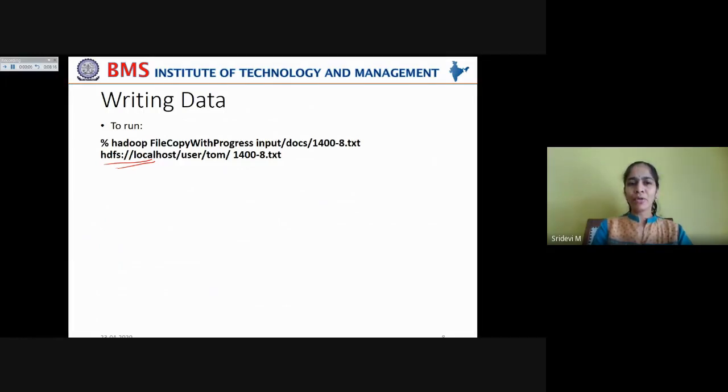That is hdfs localhost, because your HDFS cluster is also on your local system. As you're working in pseudo distributed mode, you're specifying the URI of your local system and specifying the destination file path here. So the file is read from your local system and copied, or written, onto your HDFS cluster by creating the file with the same name. Okay, this is the file name. Don't get confused. It can be anything. It can be abc.txt, or some calculation.txt. It can be any such name.